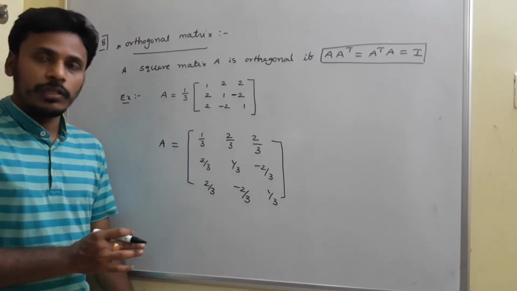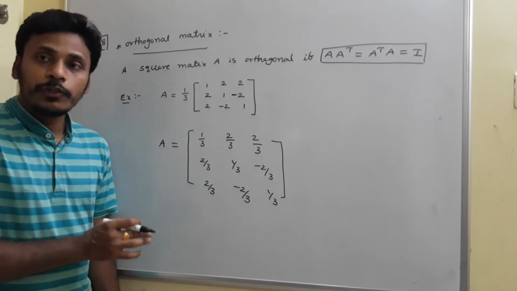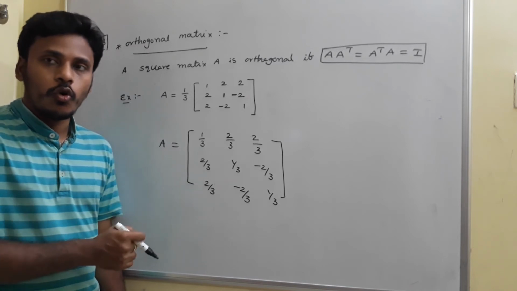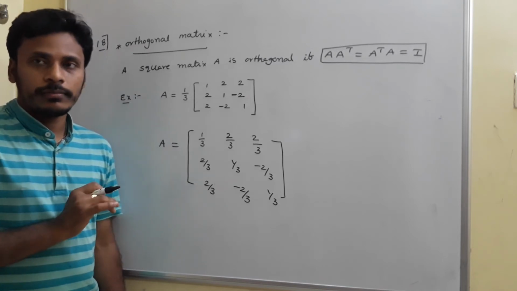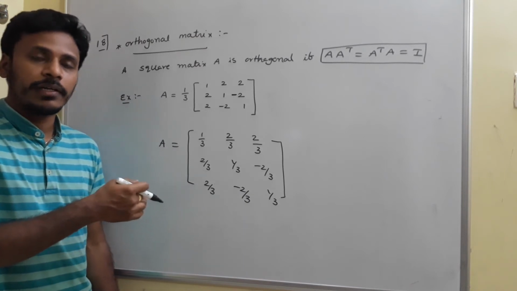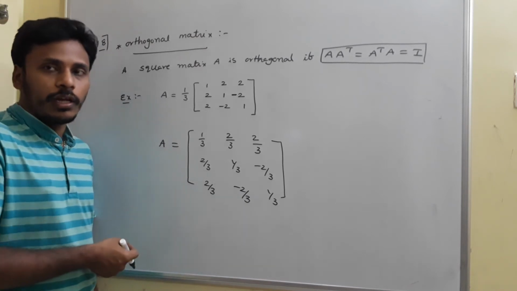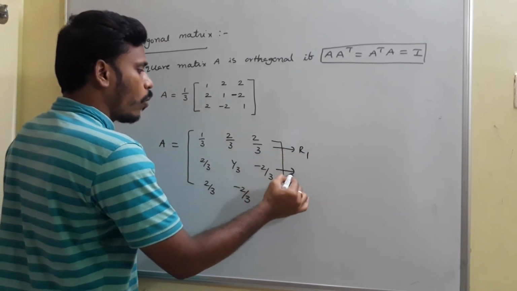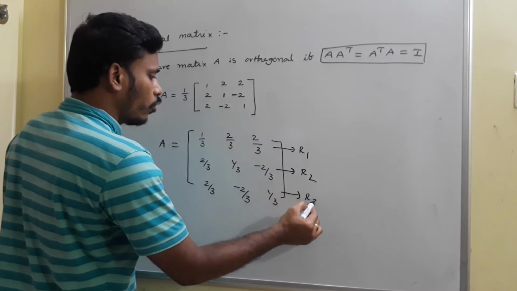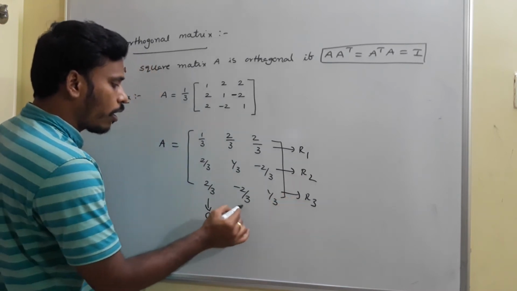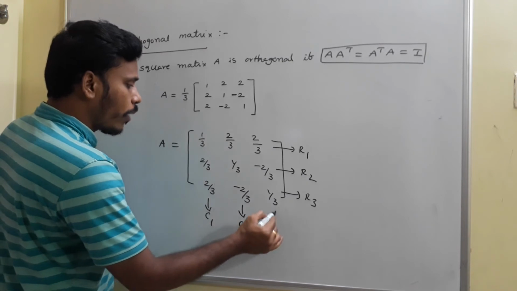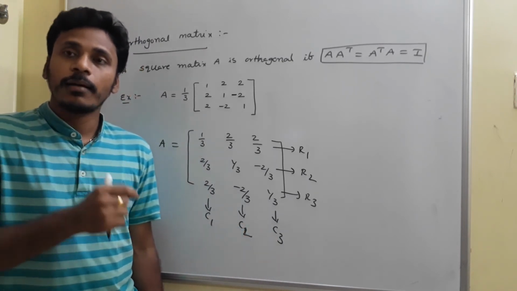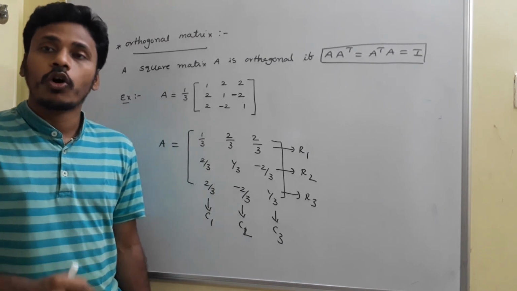Now if you observe this, the sum of the squares of the elements of each row or each column is 1. That's one observation. Actually, there is a separate theory to develop that point, and I will give you that also. This is row 1, row 2, row 3, and this is column 1, column 2, and column 3. You choose any row or any column, and the sum of the squares of the elements in that row or column is 1.